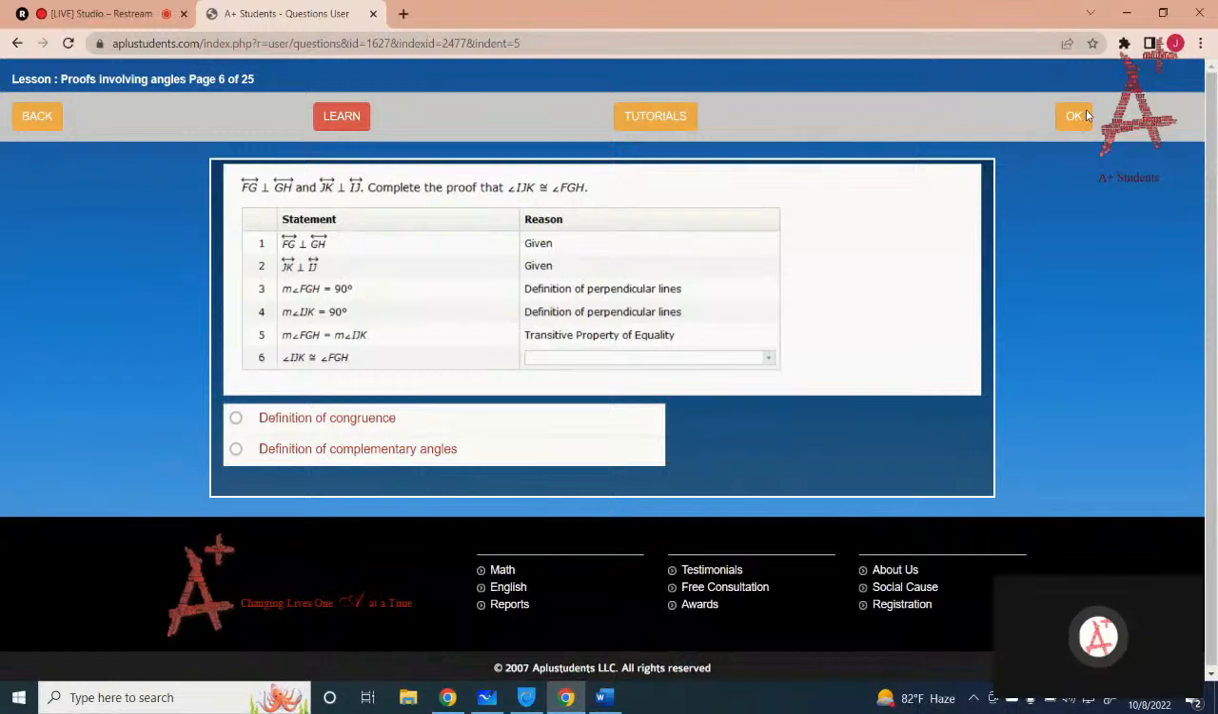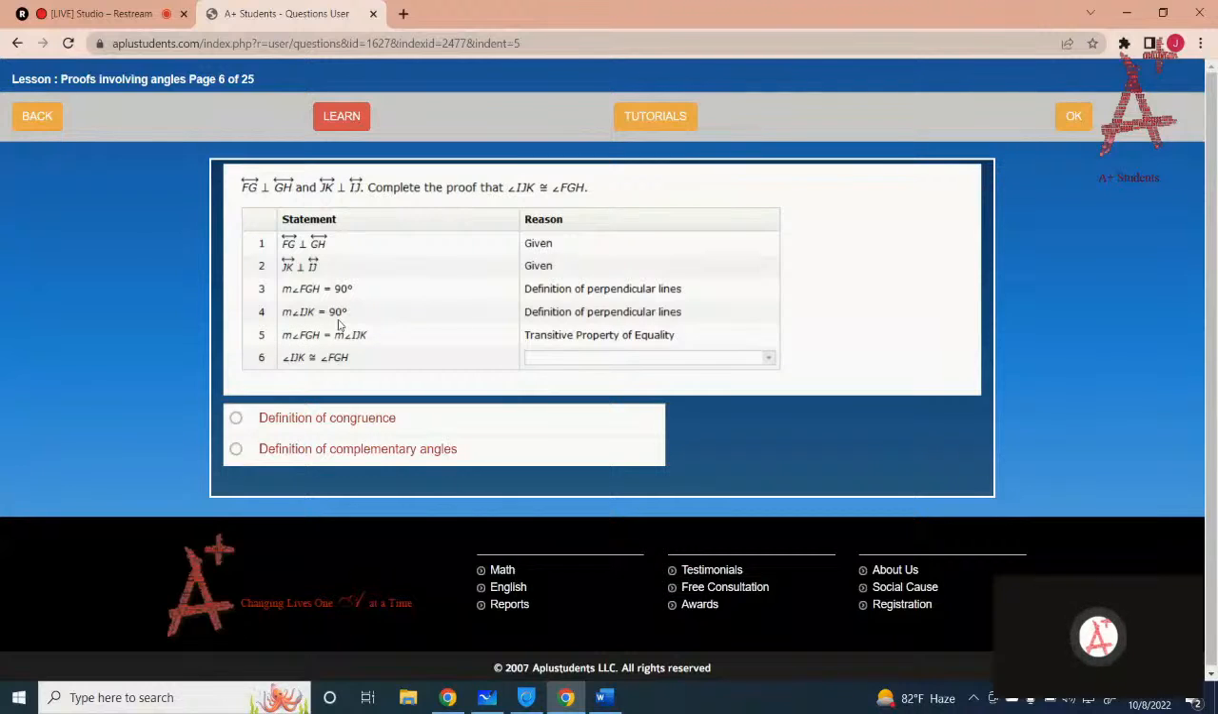Okay, FG is perpendicular to GH and JK is perpendicular to IJ. Complete the proof that angle IJK is congruent to angle FGH. So FG is perpendicular to GH and JK is perpendicular to IJ. They are given. Okay, we know that the measurement of angle FGH is 90 and the measurement of angle IJK is 90